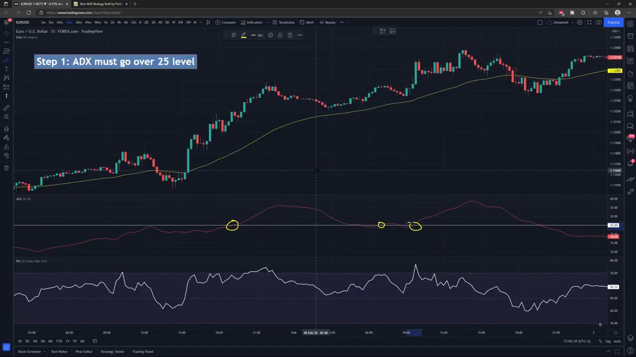The first step with this strategy is you must see the ADX go over the 25 level like you see here, here,